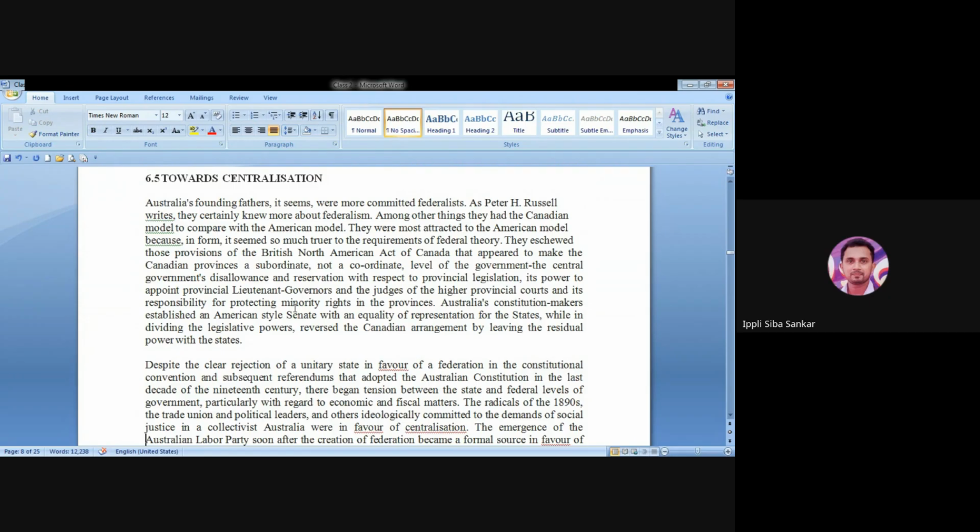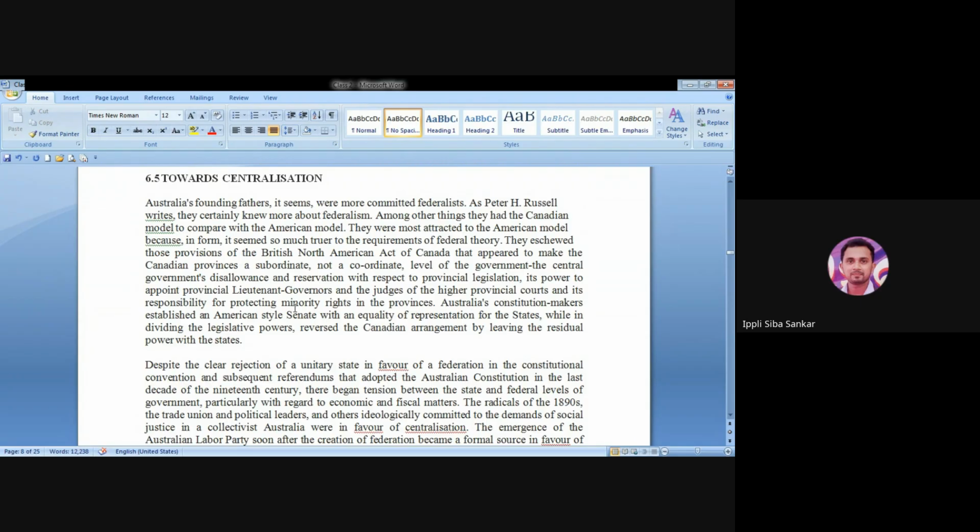Australia's founding fathers, its framers, were committed federalists, as Peter H. Russell writes. They certainly knew more about federalism, among other things. They had the Canadian model to compare with the American model. They were most attracted to the American model because, in form, it seemed much truer to the requirements of federal theory than